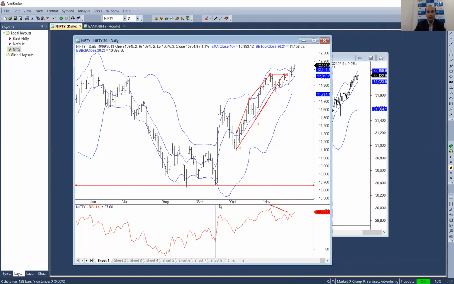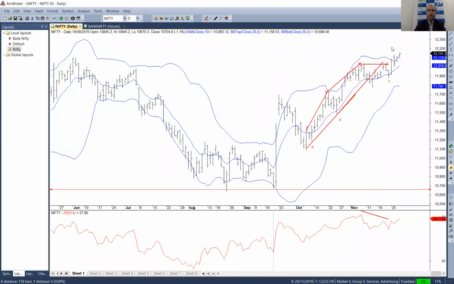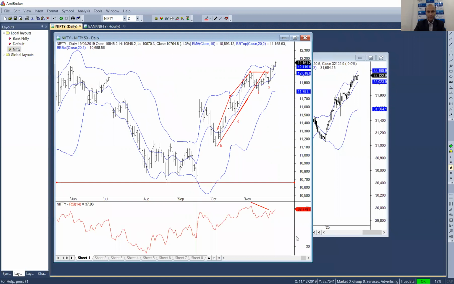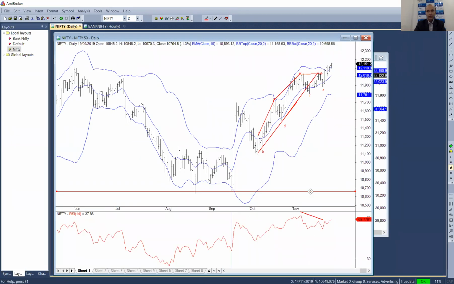Okay, there is a question. Maximize the chart window. Okay, let me do that. I hope this is better now, but then it overlaps with the photo. So, okay, this should help in the visibility.